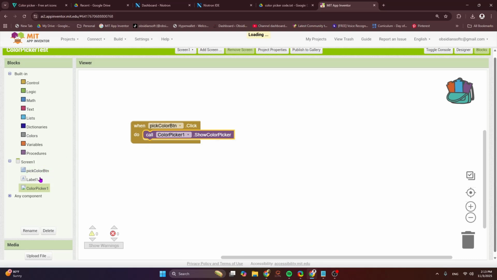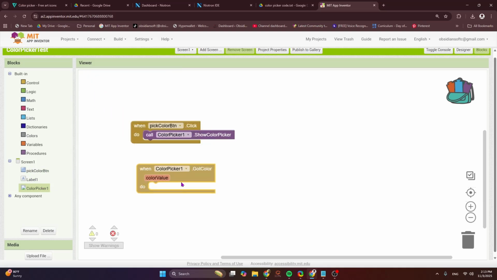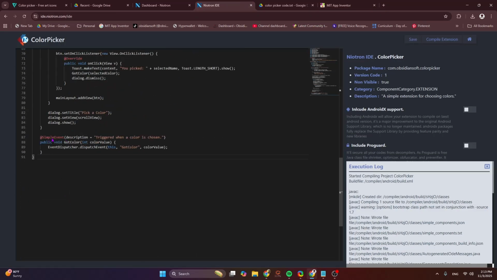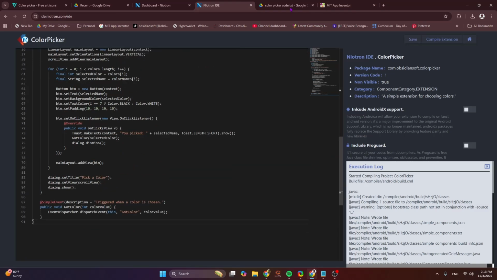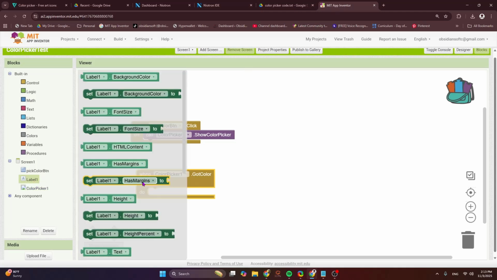Okay. And then when the user chooses a color, then an event is triggered. So when ColorPicker.getColor. So remember, we made the simple event for it, got color, so it's being reflected here, and we just need to change the label's background color